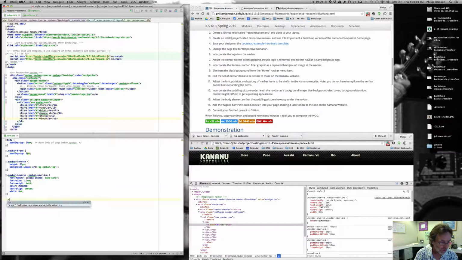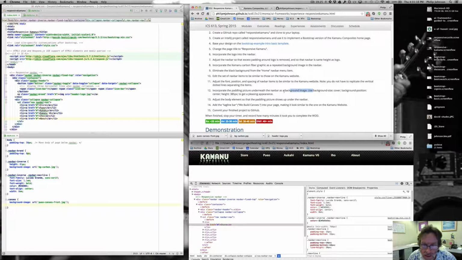So to do this, we'll do our standard trick, which is we'll create a class called canoes, background image, URL, with the Pueo Canoes file,